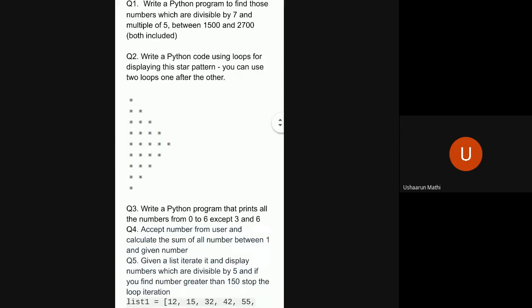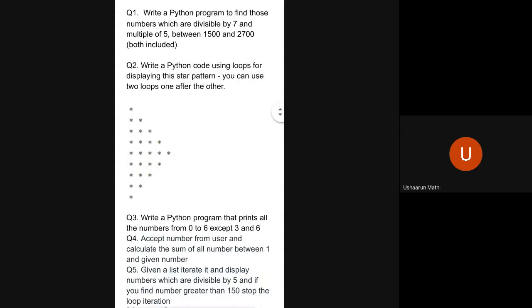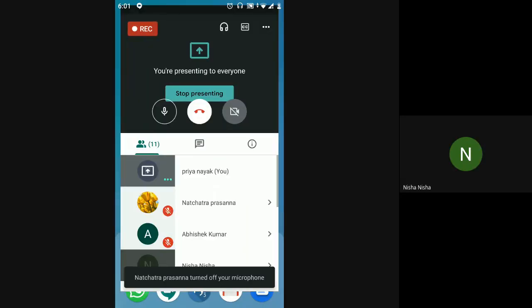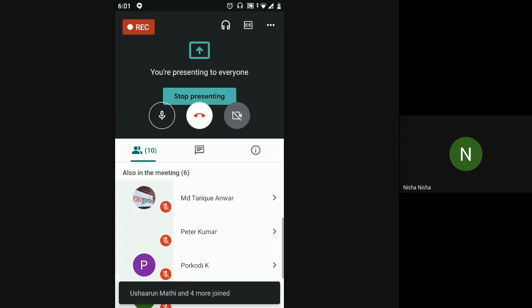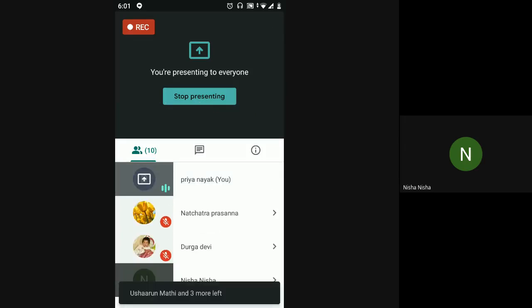So yeah, this is your assignment, and there's quite a lot, so even if you don't complete it by the next session, that's fine. You can just do it at your own pace. Any questions? Regarding the last class of next week, yeah, that is also fine. You can do it as per whatever is your convenience.